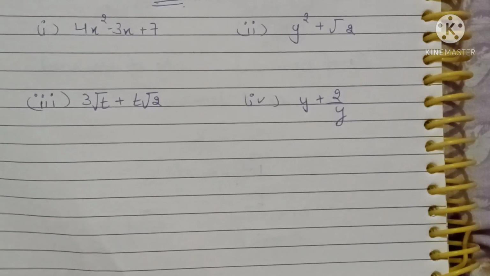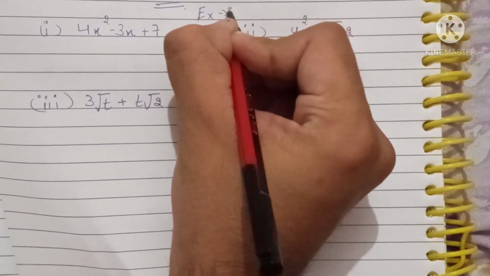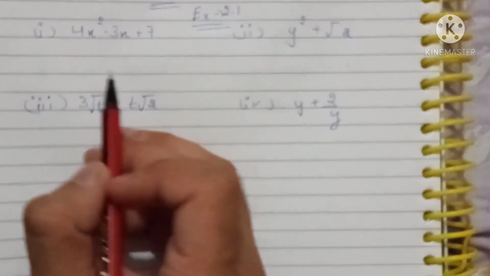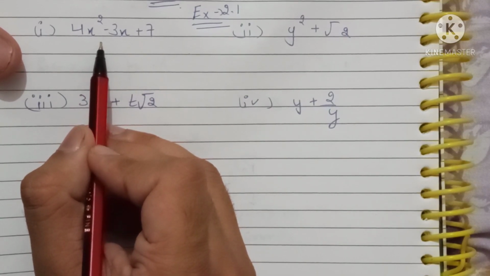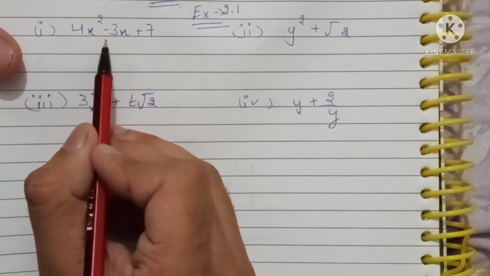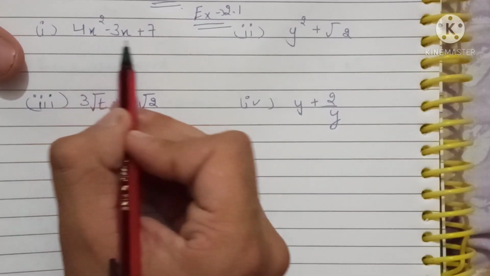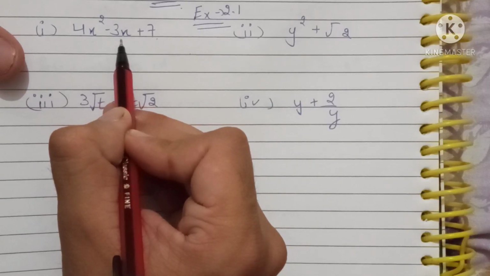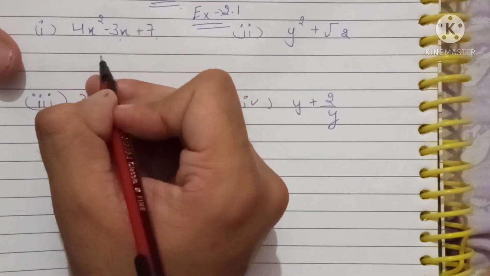Okay, so now as you have covered all the concepts needed for exercise 2.1, right? So this is exercise 2.1 questions. The first question gives you a polynomial and asks whether it is a polynomial in one variable or not. Recently we saw that if only one variable appears in the whole polynomial, then it is a polynomial in one variable.